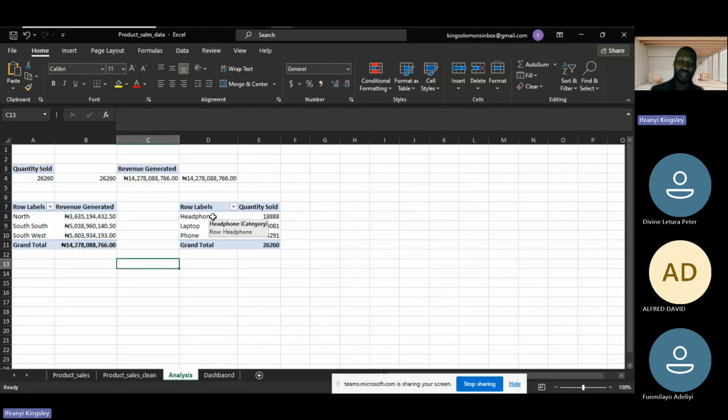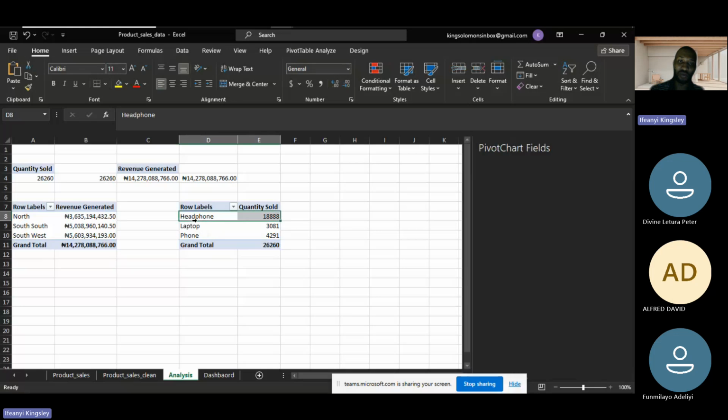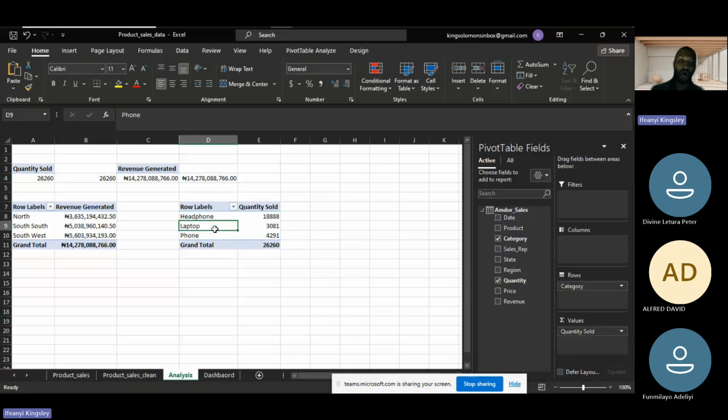you perform your aggregate and summary using pivot table. This is the core of Excel. Pivot table is the core of Excel. Any training you do in data analysis and you were not taught how to use pivot table, that training is not the right training for you. When you don't touch on pivot table in Excel, that training is not the right training for you, because how